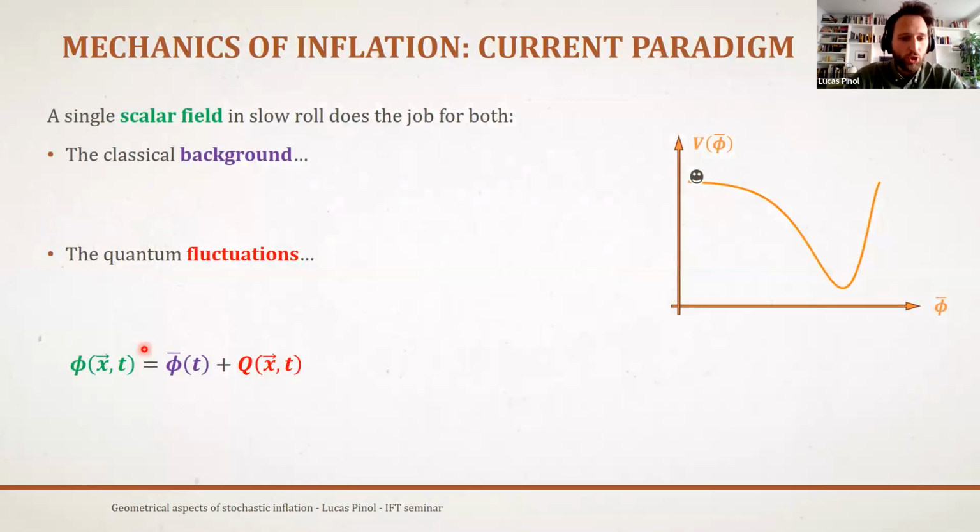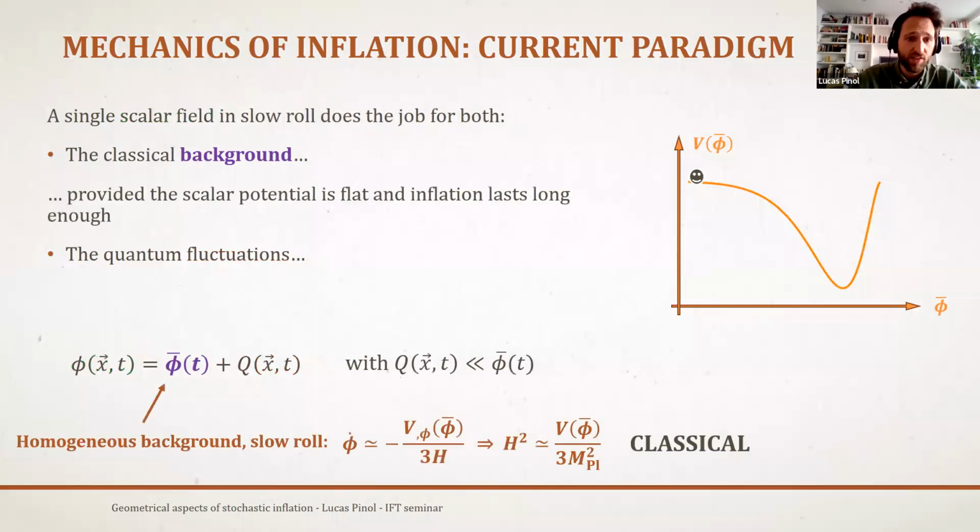So what is the usual mechanism that is invoked to explain this epoch of accelerated expansion and these quantum fluctuations? Well, the simplest thing to do is to suppose that the matter content of the universe was dominated by a single scalar field, which has a potential, and this potential must be sufficiently flat so that the scalar field is actually rolling down the potential, but at a very small velocity. If this happens, then you have an almost exponential expansion of the universe, which means a decreasing co-moving Hubble radius.